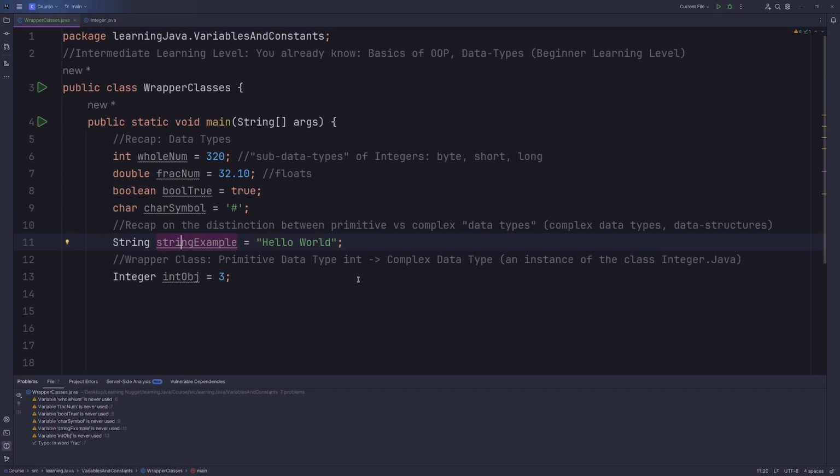We didn't talk about this yet, so let's just say an array is just a collection of integers, for example. And then they say, okay, a class is something besides that classification. So it's neither a primitive data type, nor is it a complex data type, it's just a class. But I think we could just call a class a user-defined data structure, for example, and this is a